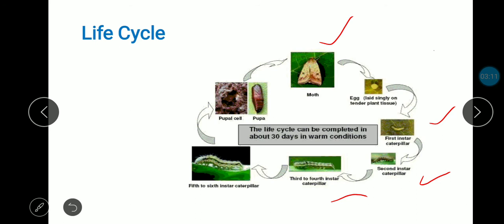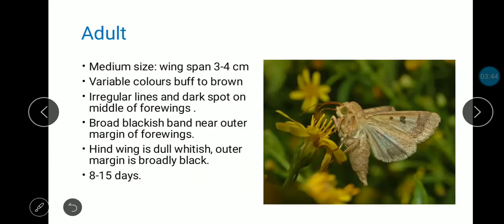And all these larval stages have some typical characters, that is, the lateral side of the larva shows dark stripes, then tubercles and hairs are present on the body, and it is very harmful to plants. It feeds on the plant tissue. Then it enters the pupal stage, which is present in soil. In this diagram you can observe the pupa which is on soil. Let us see one by one.